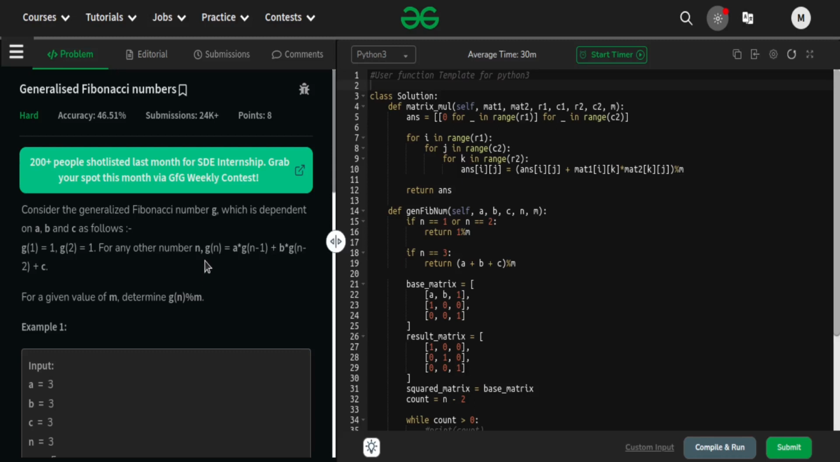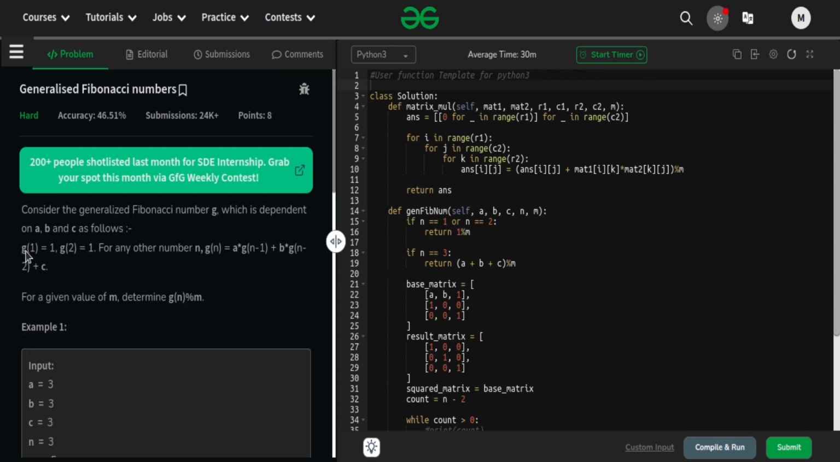Hello guys, in this video we are going to discuss the solution of the problem generalized Fibonacci numbers. So let us look at the problem statement. The problem statement says that consider the generalized Fibonacci number g which is dependent on a, b and c as follows,